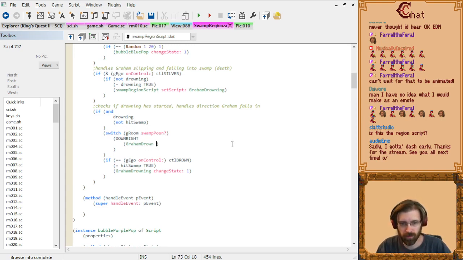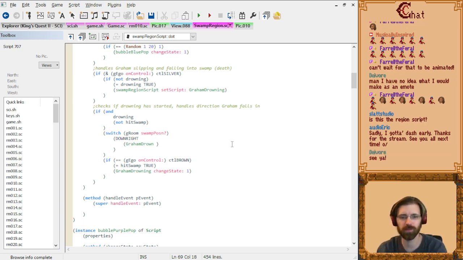If the swamp is on the down right, Graham Drown will move over and down. So we'll set his... I'm gonna have to check also that he hasn't hit the brown, aren't I? No. It'll do that automatically. Okay. Down right. Graham Drown, we're gonna